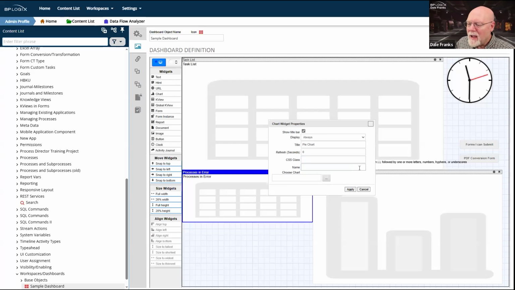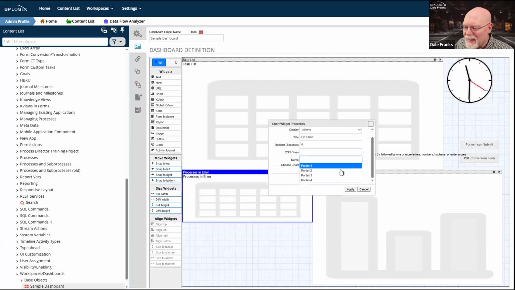And if it is being shown, now I'm trying to, not liking the way that that's working. There we go. Finally learning how to scroll. If this chart is being shown in a traditional workspace, I can choose what portlet I want it to appear in that workspace.